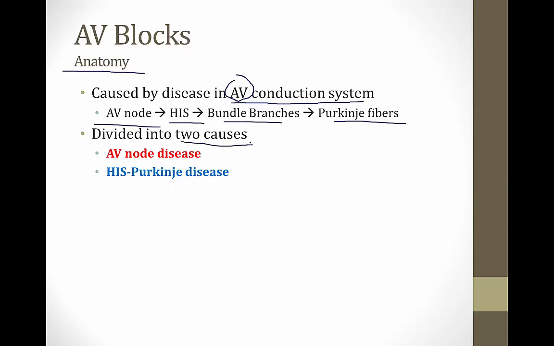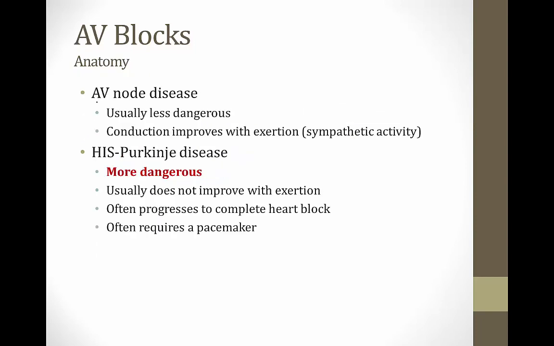The first category are those forms of AV block that are caused by AV node disease, and the second category are AV blocks caused by disease in the so-called His-Purkinje system, meaning anywhere from the His bundle through the bundle branches to the Purkinje fibers. The reason we divide AV blocks up in this manner is because AV node disease is usually less dangerous than